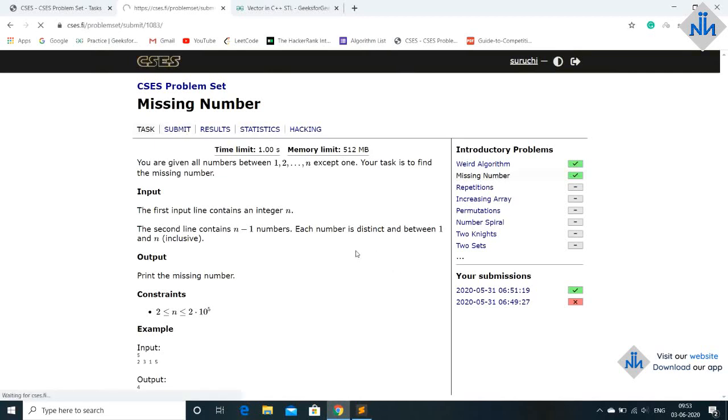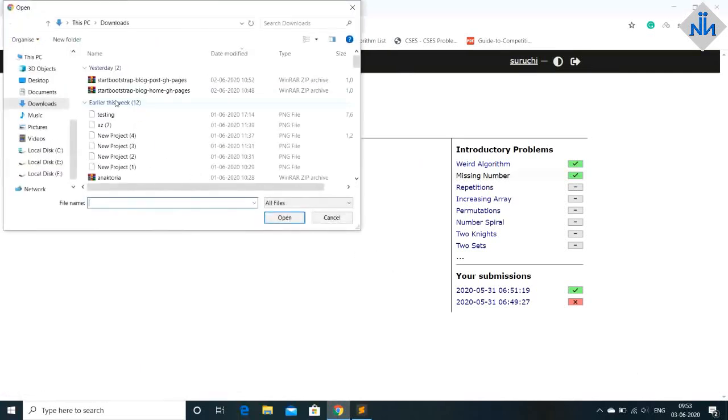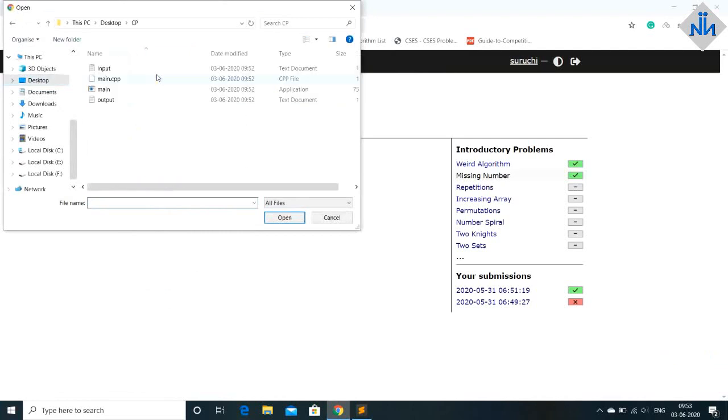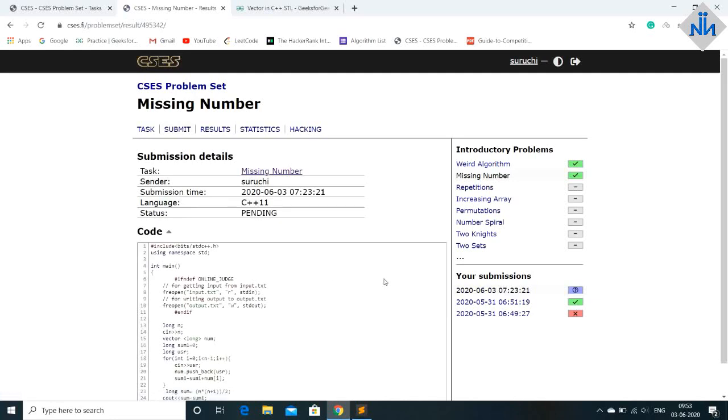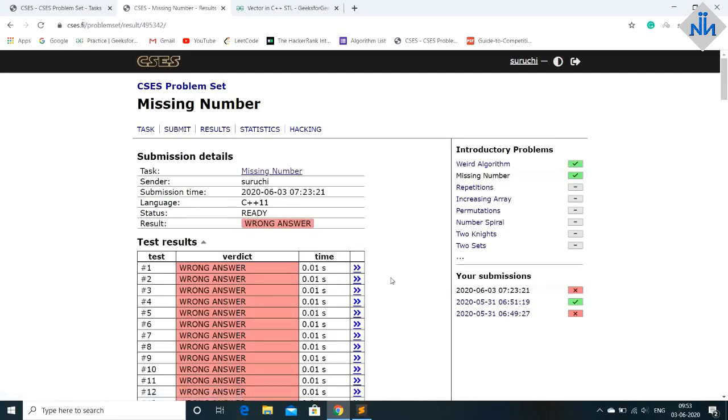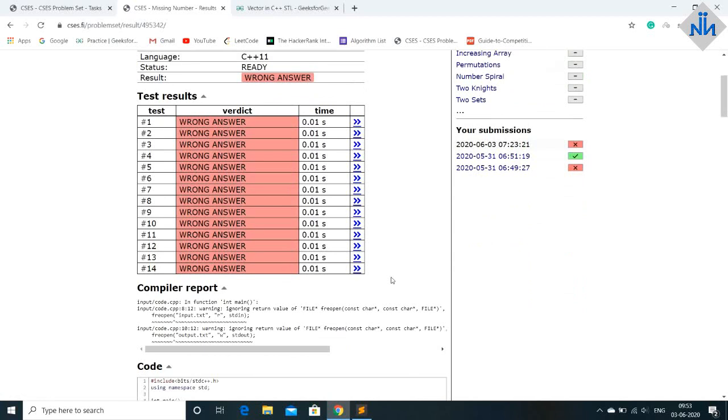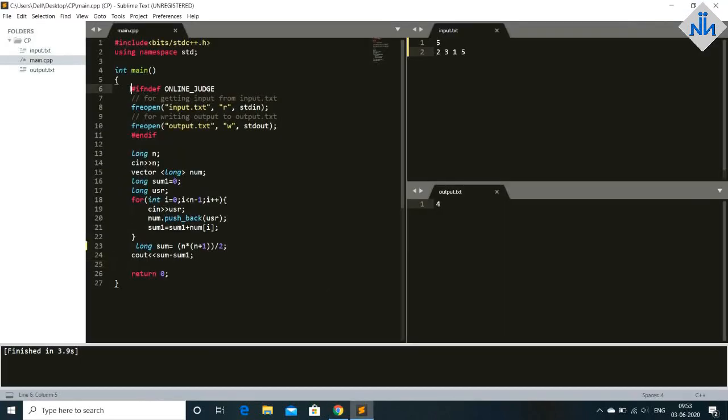Now if we submit, choose the file main.cpp and then submit. Okay, what happened? Sorry. So keep that in mind, you have to comment these out. Control plus / will do that, and then again Control B to build.